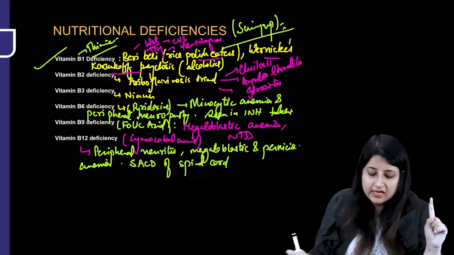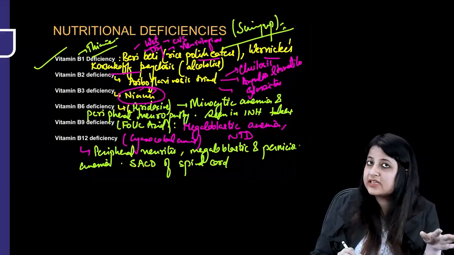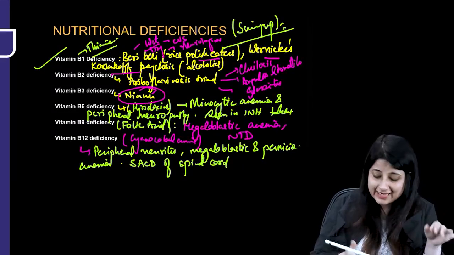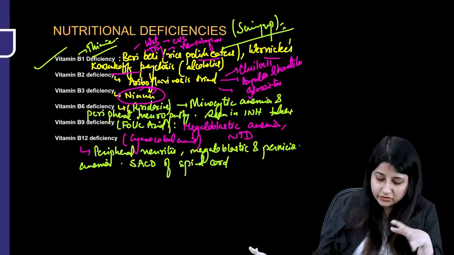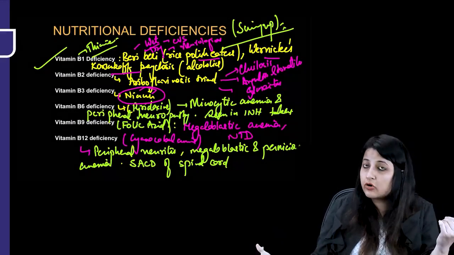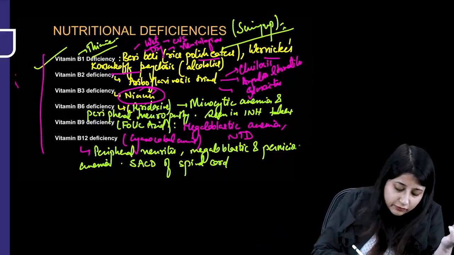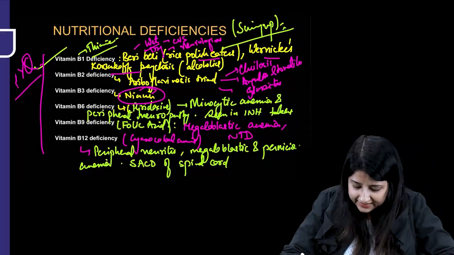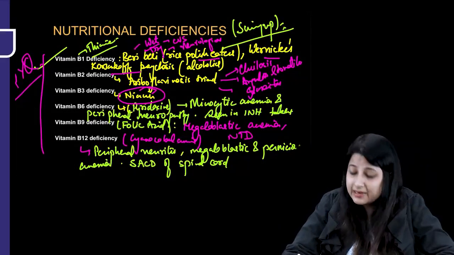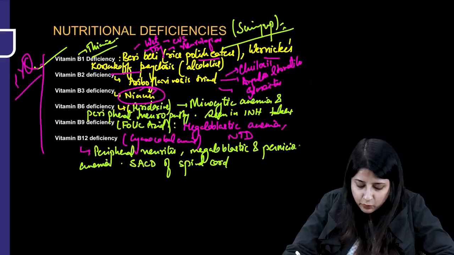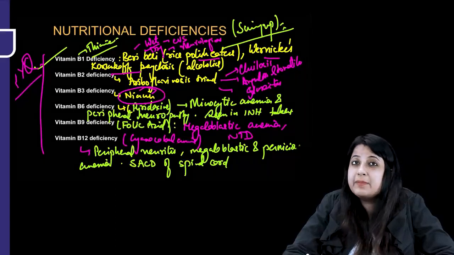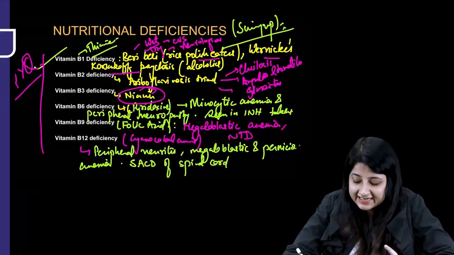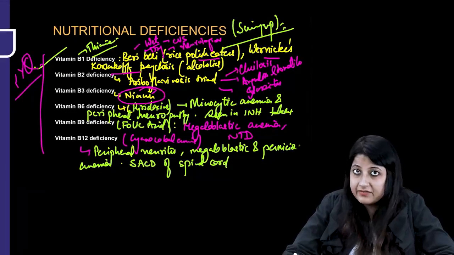We'll see the picture. Vitamin B3, niacin deficiency. You all know tryptophan is converted into niacin, so I'll revise this with the help of picture. All right, B6, pyridoxine deficiency. These are all PYQs which I have written over here. B6 is pyridoxine deficiency leading to microcytic anemia and peripheral neuropathy. And where do you see pyridoxine deficiency? People who are taking isoniazid, the anti-TB drug. All right, that is very, very important.